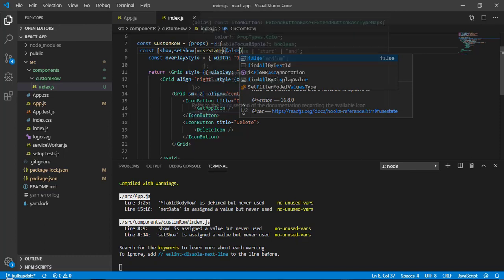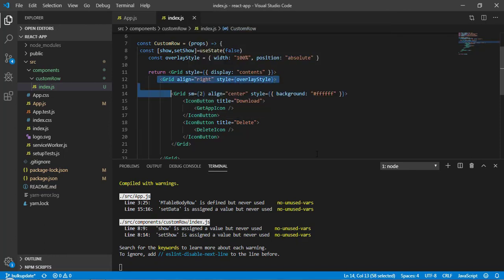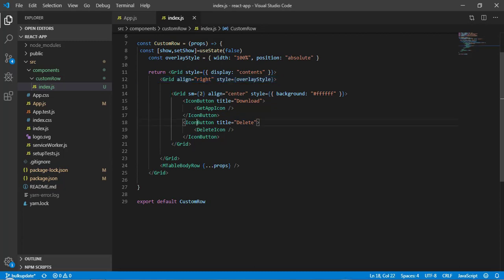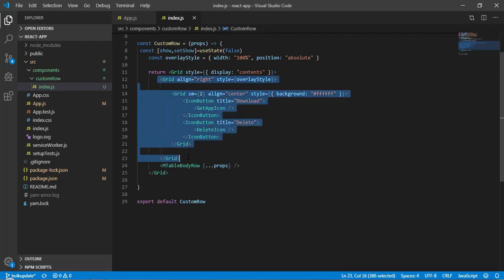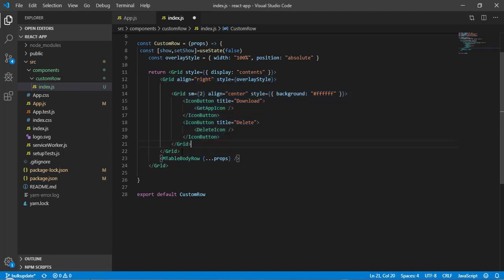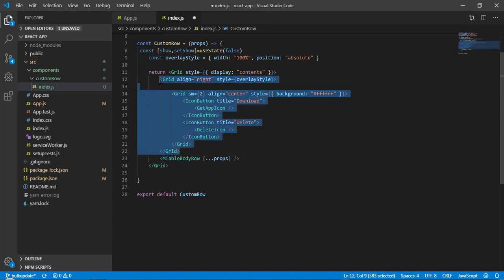Okay, and these parts are optional. So let me close this, and whatever I am displaying this much, these are the optional things, isn't it? So once we take our mouse on a row, we want to display this, otherwise we don't want to display this one.